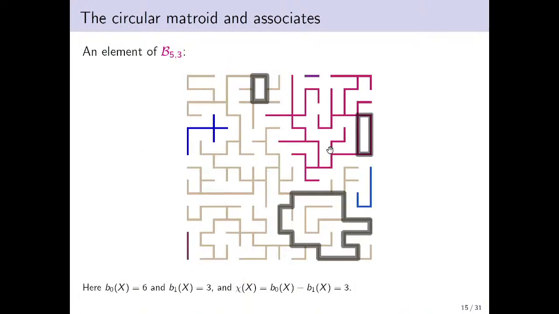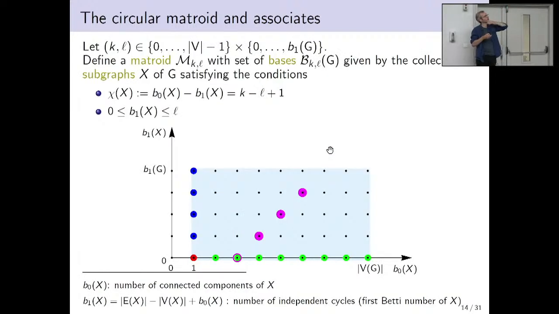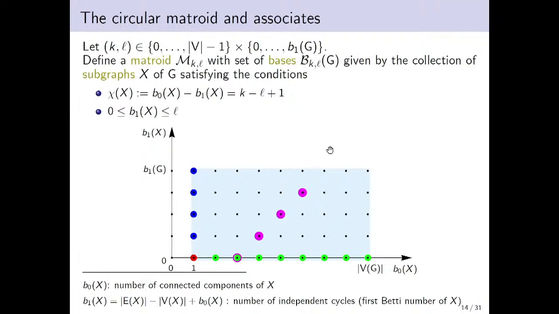Let me first show a picture maybe. So, subgraphs which have several connected components, several cycles, which are a bit of a mix of the two, but it's not just any graph. There are some conditions, some topological conditions, which is what I have written on this slide. So let me briefly explain it. Here, given any graph or subgraph, I denote by B0 its number of connected components, and I denote by B1 its number of independent cycles, which you can compute by this formula.